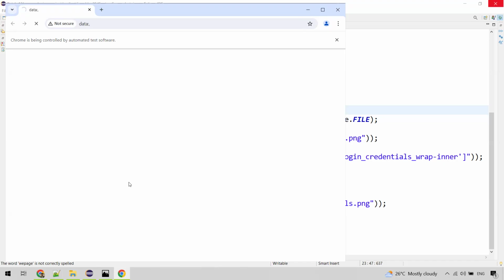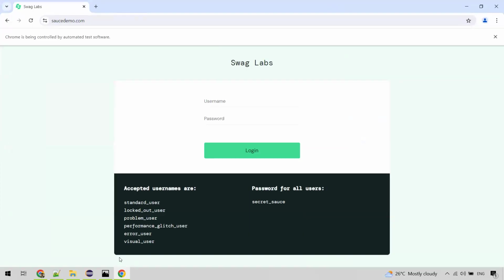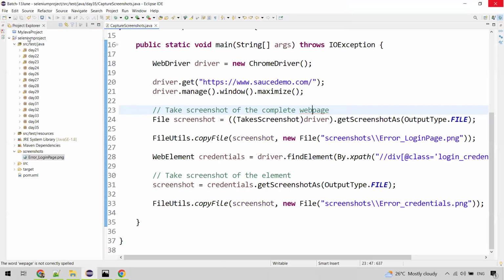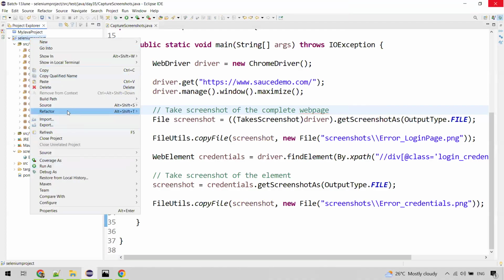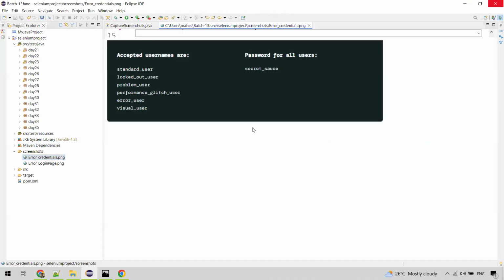So it's very simple. The only thing we need to remember is TakesScreenshot is an interface, and getScreenshotAs is a method. If you remember only these two, you can capture the screenshot. That's it. It is done. If you go back and refresh the project, you should see the new screenshot. See, error credentials. Now, the highlighted part, the credentials part, has been taken